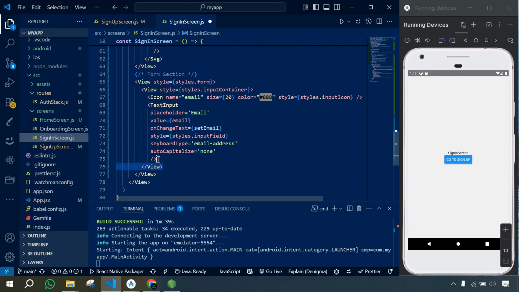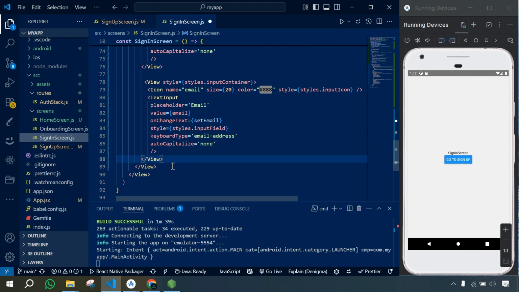So let's copy it and we'll modify it for our password. So here instead of email we'll use lock, and then here instead of email we'll use password, and then there also will be password,